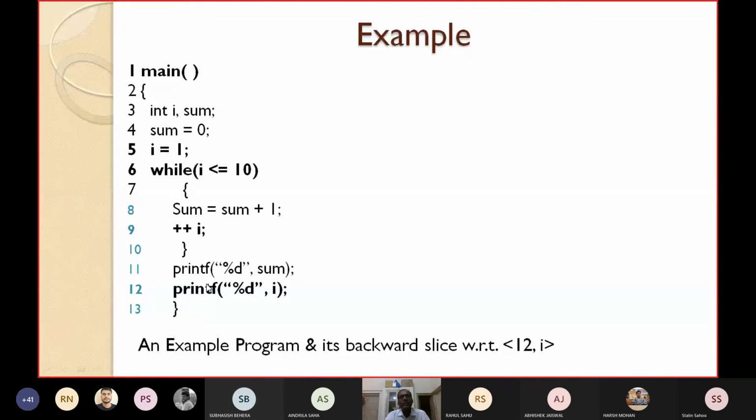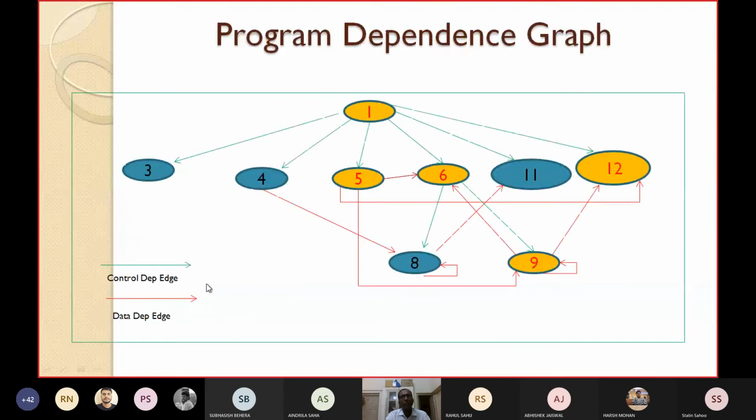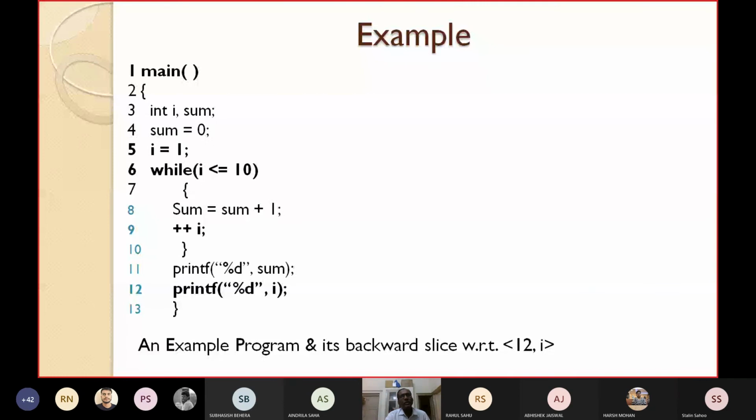So this thing can be automated. There are several tools available. You can also write a program to construct the graph and then traverse the graph so that you can find out the slice. This is a research area, and nowadays people are working on how to find out the slices of object-oriented programs, because so many methods and object-oriented features are there, and also slices of aspect-oriented programs and feature-oriented programs. These things we will not discuss.